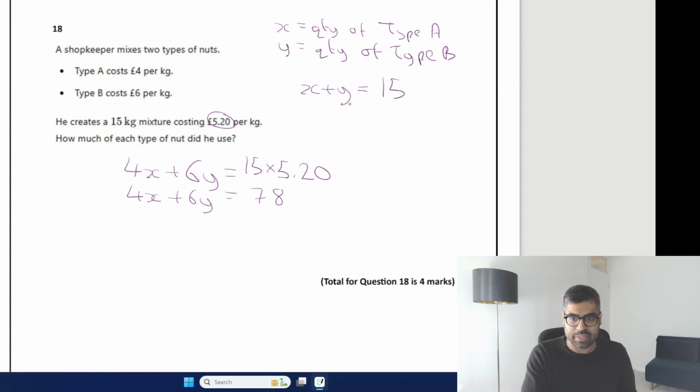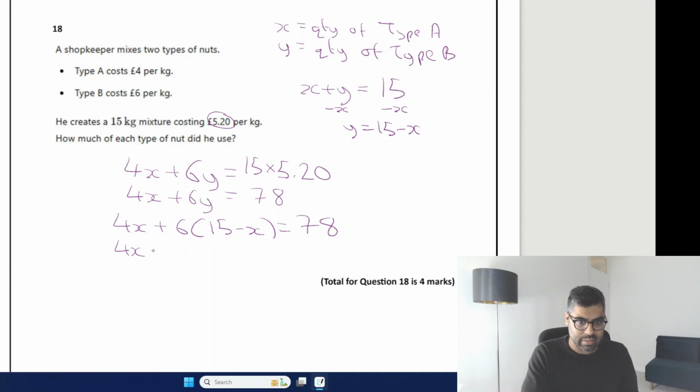So let's make y the subject here by minusing x from both sides. So y equals 15 minus x. And I'm going to substitute that into this y here. So we have 4x plus 6 times 15 minus x equals 78. Now if we multiply that out, we're going to get 4x plus 6 times 15 is 90, minus 6x equals 78. 4x minus 6x is going to simplify to